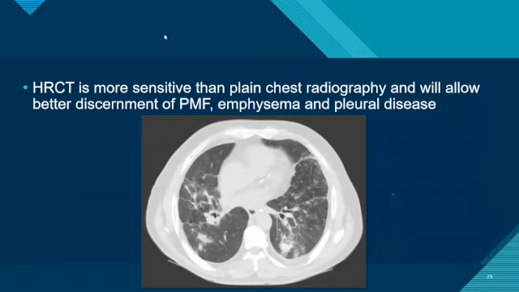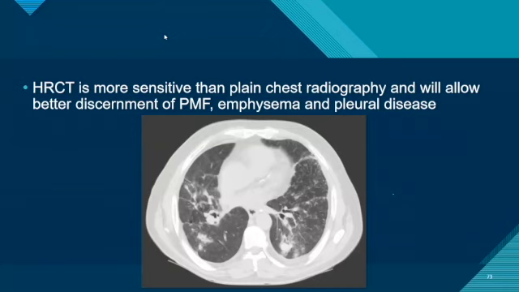High-res CT is more sensitive than plain chest X-ray and allows for better discrimination of PMF, emphysema and pleural disease. I put in all this imaging because it's quite interesting. This was a patient we actually saw this week in the ward, who has a very long-standing history of crushing coal for some odd reason. And as we know, people who mine coal are at risk for silica exposure. So he's got what looks like PMF here, but he's also got numerous smaller nodules, which was a bit out of keeping, as well as nodules along the fissure here.